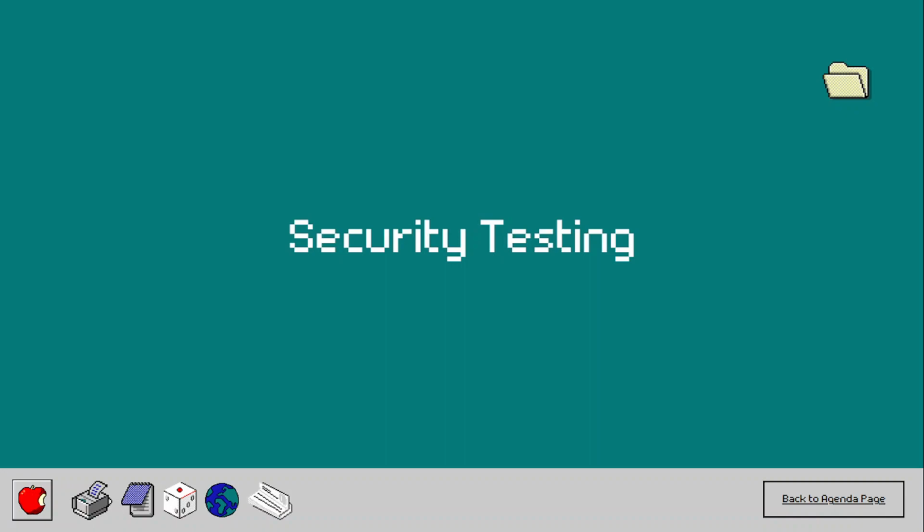So for security testing, you can use tools like OWASP, spelled O-W-A-S-P, OWASP ZAP. You can also use Burp Suite or Nessus to test the API security by identifying and exploiting vulnerabilities like injection attacks